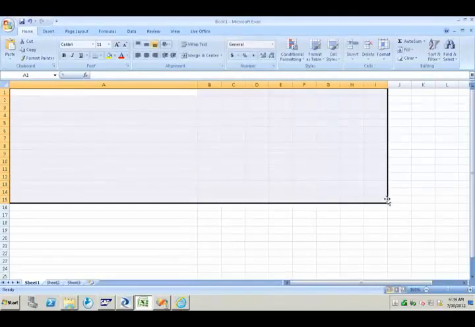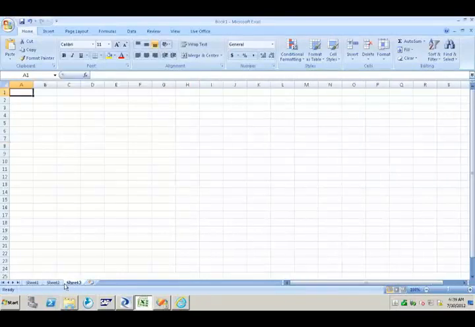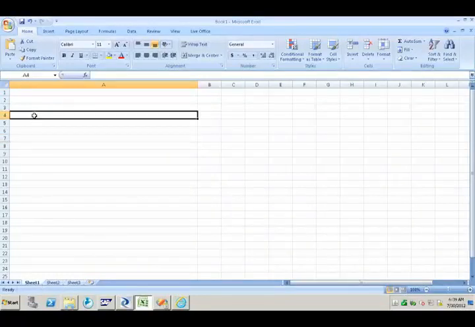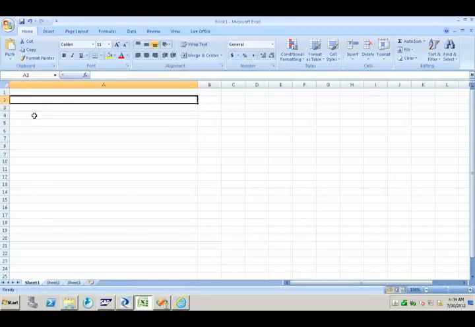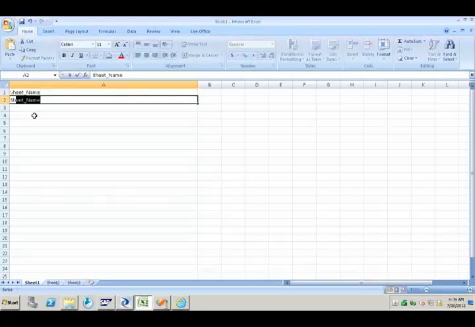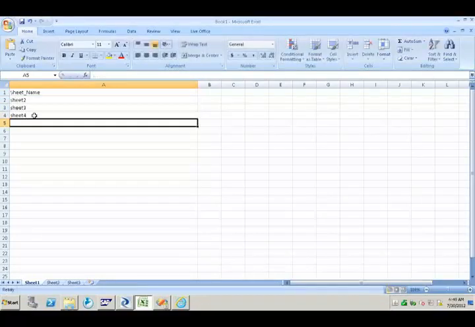So our requirement is clear now. Let us say we are having data in sheet 1, sheet 2, sheet 3. How to process all those sheets at a time? To meet this requirement, the very first thing is that you should have this information in one sheet. What information? We should have the list of all sheet names where the data exists, in one particular sheet. So this information is required.